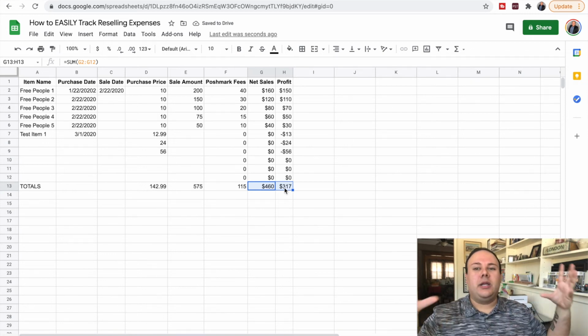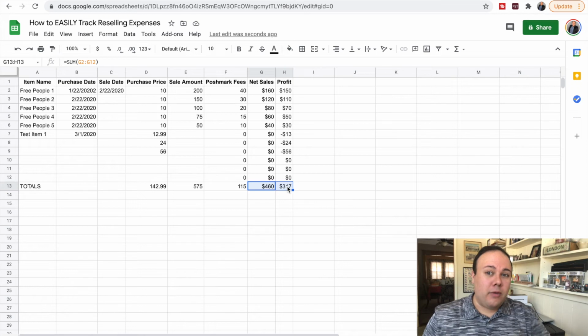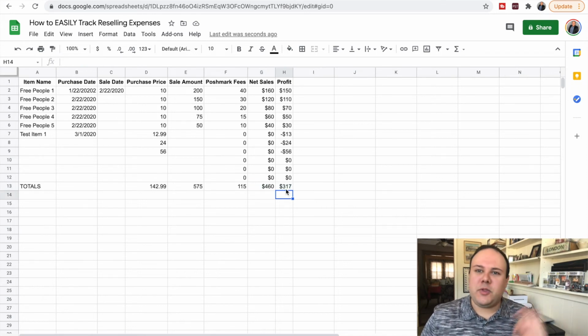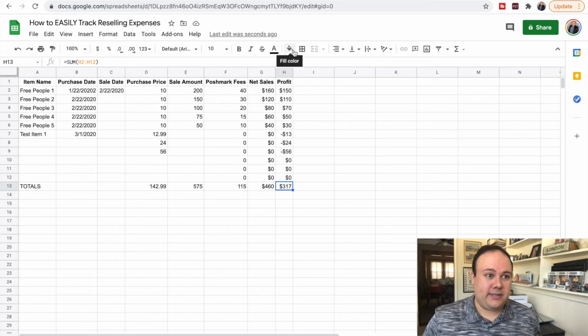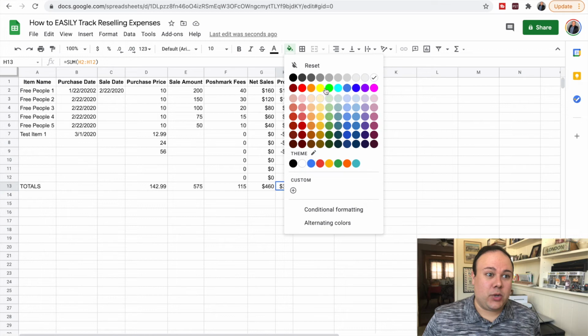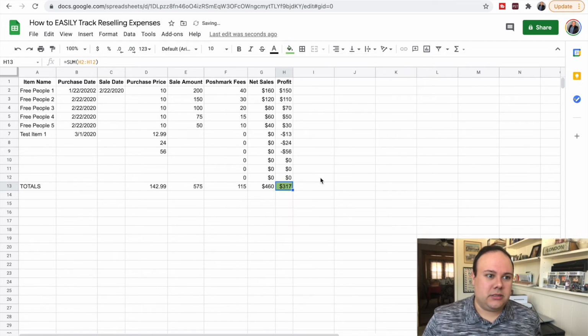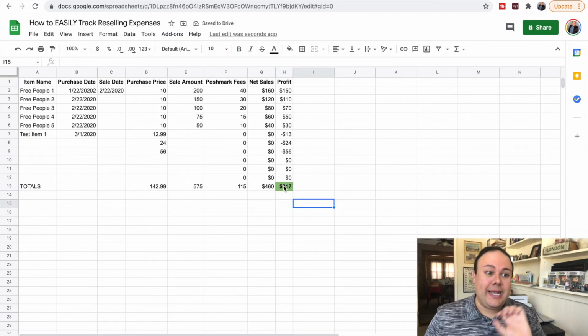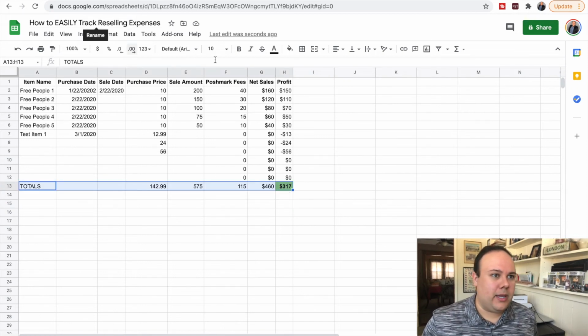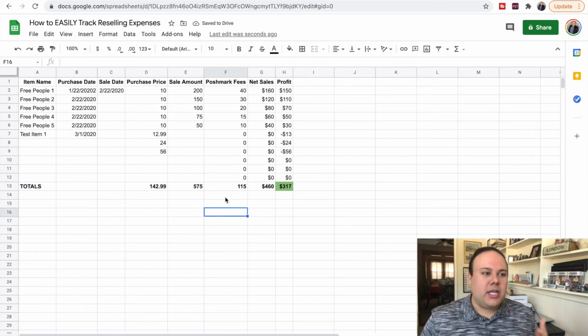from this entire process. So overall, at the end of the year or the month or the week, however you're tracking this, you will be able to see here, and I will actually just go up to this little paint can, and I'm gonna make it green. And now we can see, let's bold it too, that we have profited $317. And so now I'm going to bold this whole entire row. You can see, we always want to be in the green. You can see at quick glance that everything here is